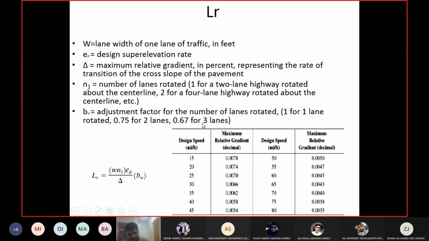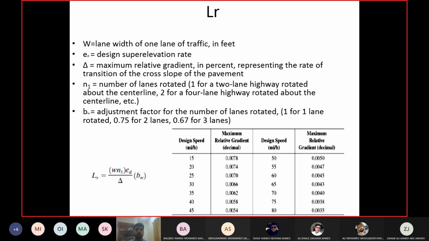Because even if you have a 6-lane highway, you will have a median in between, then each direction will be taken separately, so each direction will only have 3 lanes. Or each direction will have 2 lanes or 4 lanes or whatever, and the number of outside lanes will be half of it, half of the lanes on one side. So if you have 2 lanes on each side, then the number of lanes rotated will become 1 again. So this is why BW will most probably not be required for more lanes.